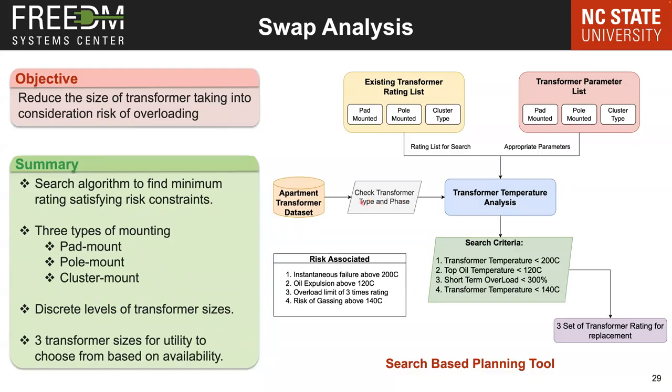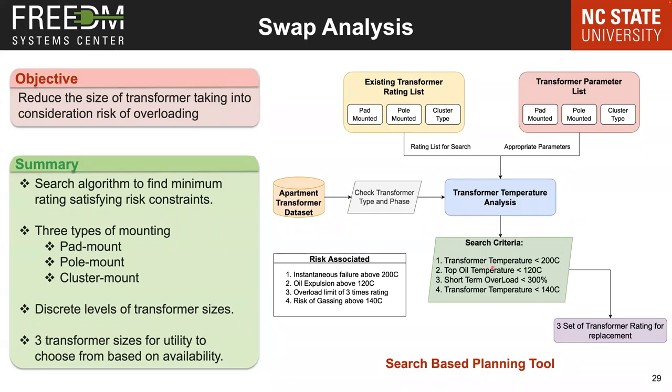Type is the mounting type, because if it is a pad-mounted transformer, you can only replace it with a pad-mounted transformer. The utility is not going to replace it with a pole mount because it requires a different infrastructure altogether. Now, you have to consider that. Once we consider that, we start reducing the size, comparing the search criteria here, where we make